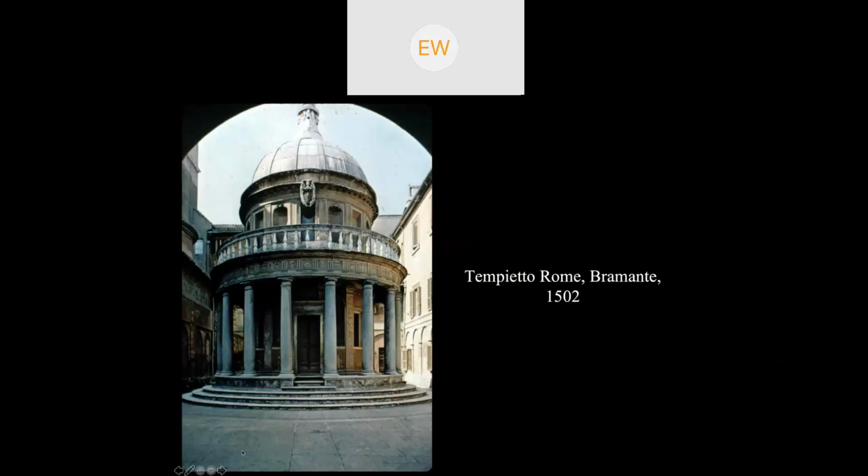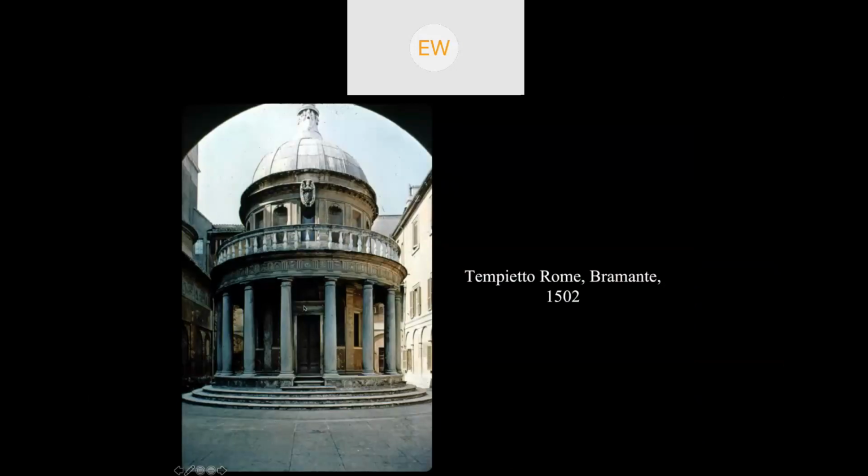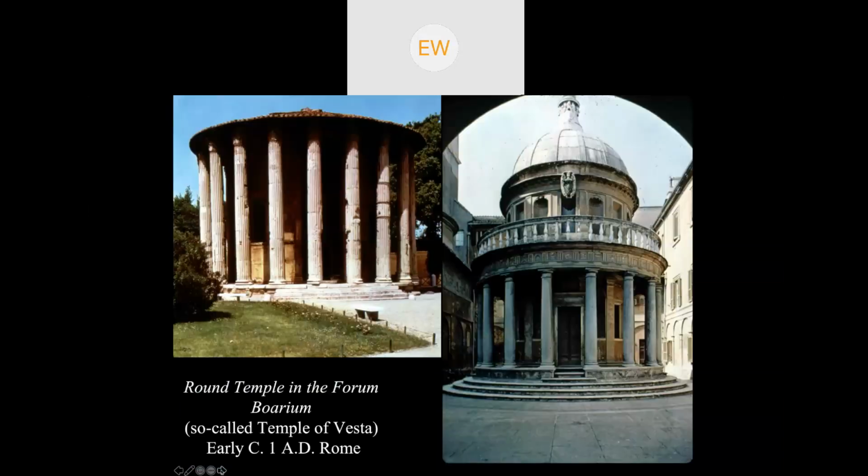And this cute little circular chapel, really, is very classical. You see the triglyph. This is right off of a Greek temple. You've got this big cartouche up here. It's related a little bit, possibly, to this round temple in the Roman Forum, which was for a long time referred to as the Temple of Vesta,